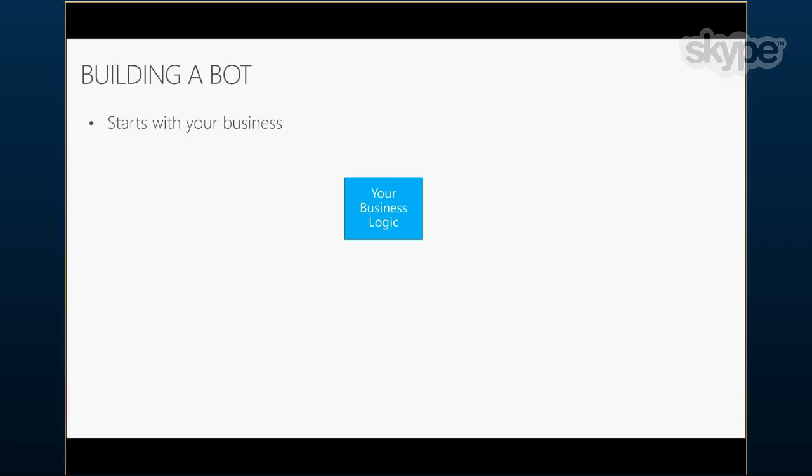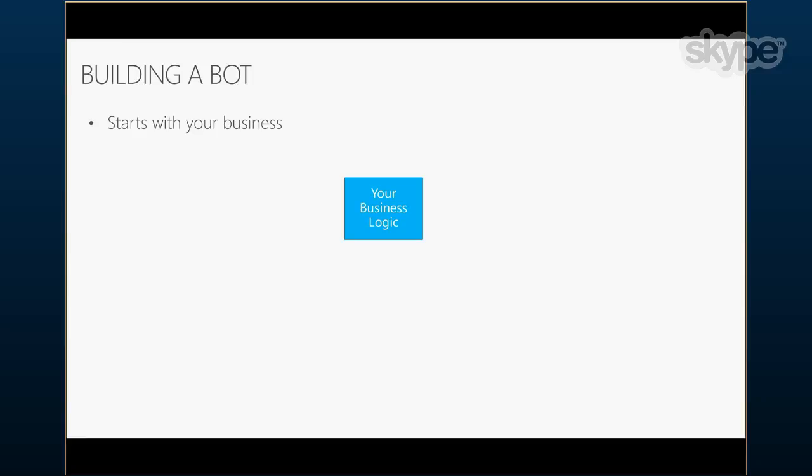When you receive a message, a JSON document from a user on a particular channel, you'll get a number of pieces of information within that message. The obvious one that you would be interested in would be text, which would be the text that the user would type and send to your bot. You know, I would like to order a pizza, for example. But you also get the user identity on that channel. You also get the conversation ID, and you also get other data such as attachments and other pieces that might be interesting. So somebody could upload an image, or they could send you voice data as an attachment. There's a number of things that you can do.